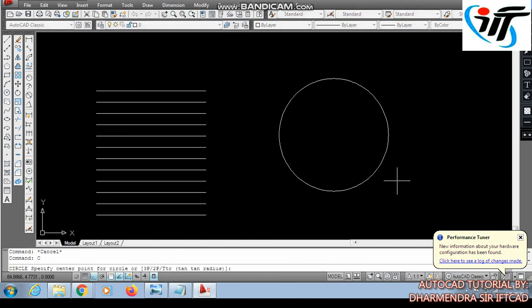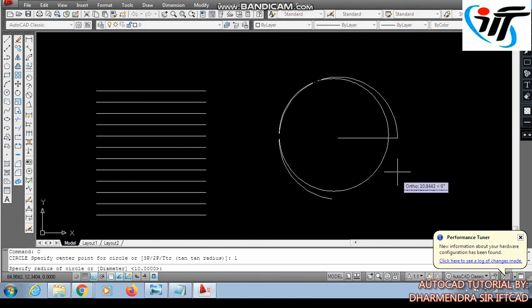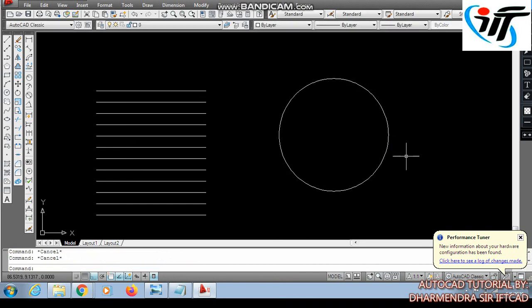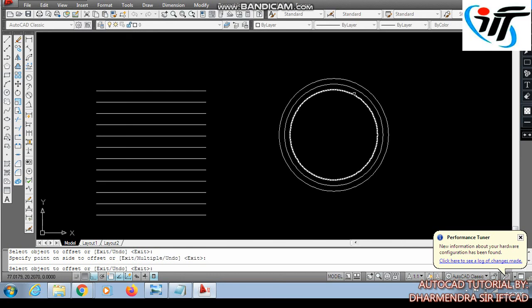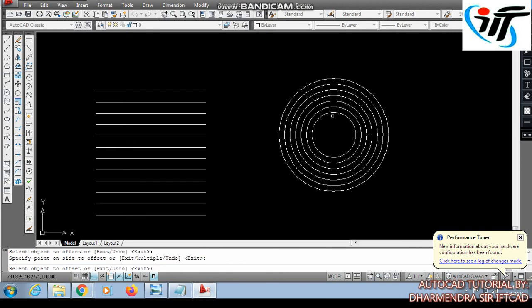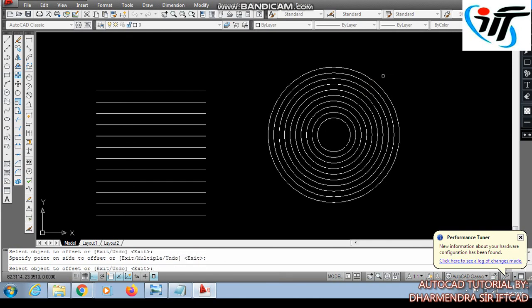Circle enter, 1 unit we are taking. O enter, and the offset distance we are taking is 1 unit. Press inside, click and drag inside, and it will make multiple copies of that circle. If we go outside, it will extend outside.